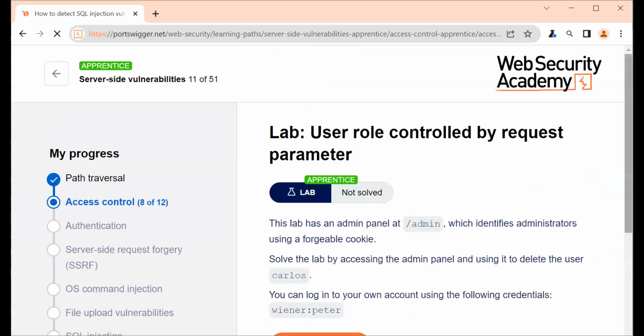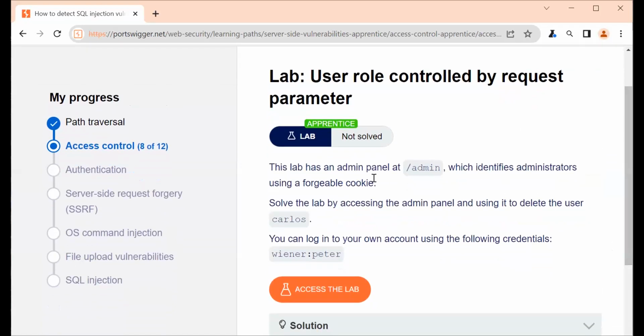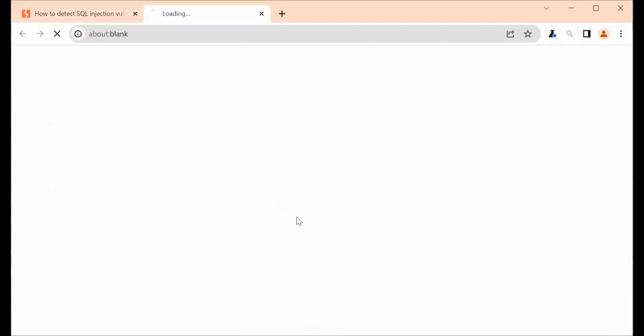For the continue, we said this lab has an admin panel at /admin, which identifies administrators using what? A forgeable cookie. So solve the lab by accessing the admin panel and using it to delete the user Carlos. So we have to log in with this particular parameter. Then we have to navigate into the admin panel. Then delete what? Carlos. All right. So that's what we want to achieve. Okay, that's what we want to achieve. All right, so once we click on access the lab,